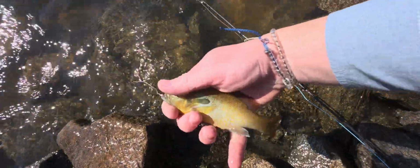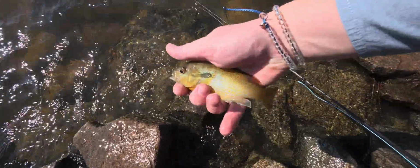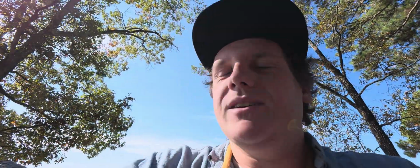Try not to get wet. So, little tiny guy. It's got some red on him. No stripes. Blue lips. Okay, so filming, that was a struggle because I don't have a mount or anything on